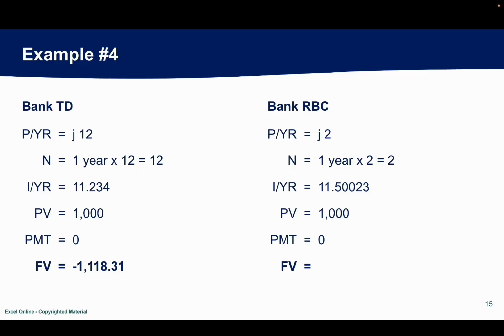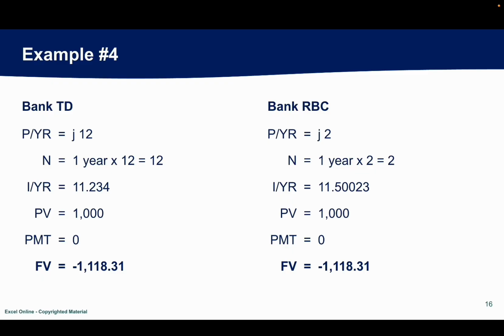So press FV and we get negative 1,118.31, and this is for Bank TD's offer. Now we follow the same steps for Bank RBC's loan. So please pause the video, put in the numbers to your calculator, and give it a shot. So once we enter all the numbers into the calculator for Bank RBC's offer, we press FV and we get the same number, negative